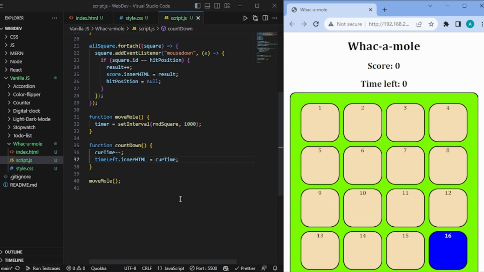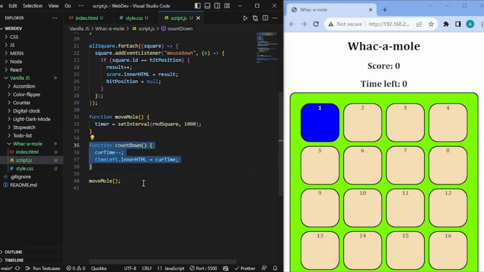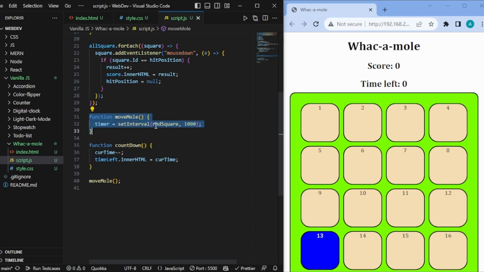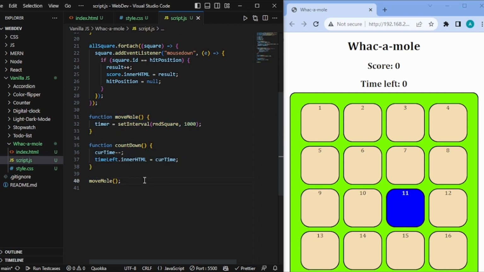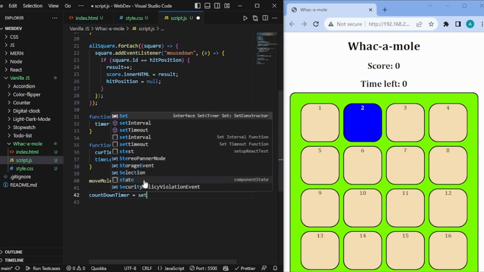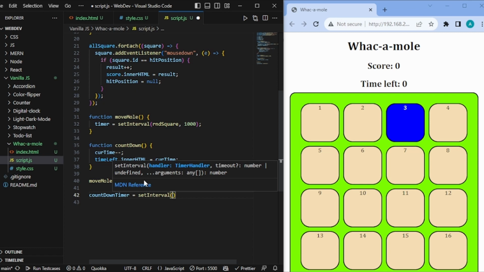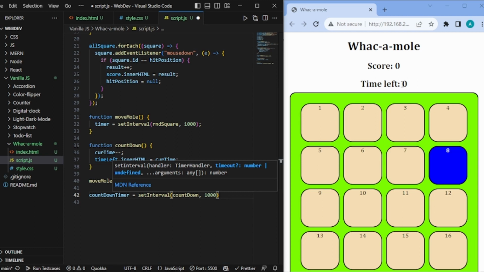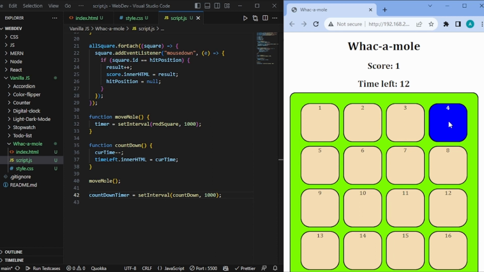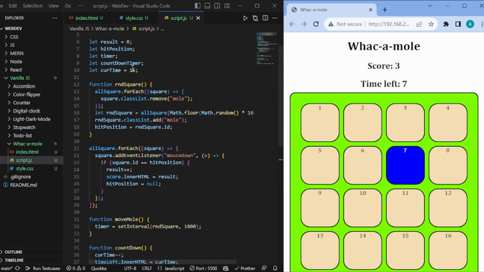Okay, now we also need this thing to be called time and again. As we can see in my moveMole function, this timer is getting called every 1 second. So let's write the countdownTimer, and let's create another setInterval function over here, which will call this countdown after every 1 second. So I want my time left to be displayed after every 1 second. So now let's see what happens. As you can see, 14, 13, 12, this thing is actually working fine. So let's make it 10 seconds